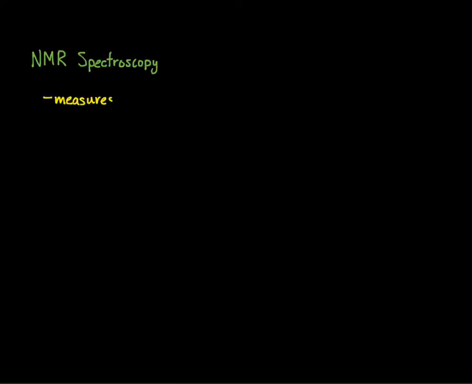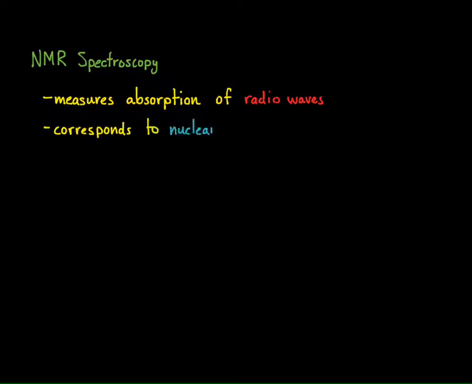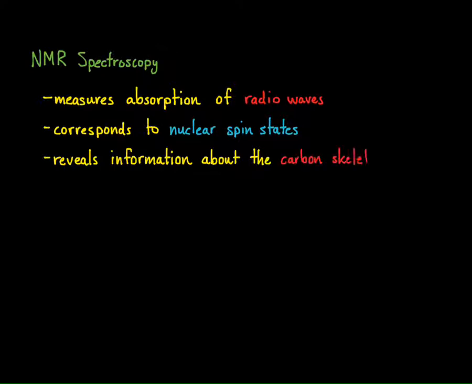Now, NMR spectroscopy measures the absorption of radio waves. So remember, spectroscopy is measuring the absorption of electromagnetic radiation. So in this particular case, we're looking at radio wave radiation. And what it corresponds to is what we call nuclear spin states. So remember that nuclei, just like electrons, have different spin states. And this can tell us information about the carbon skeleton and the hydrogens attached to the